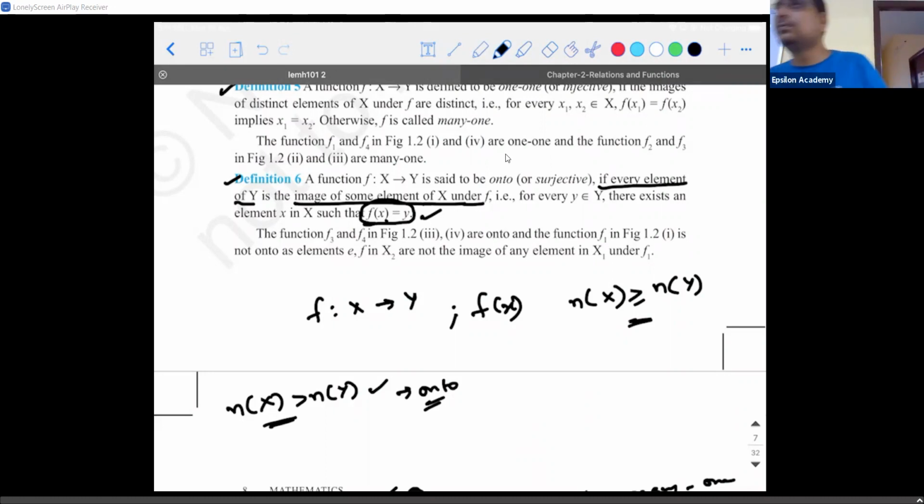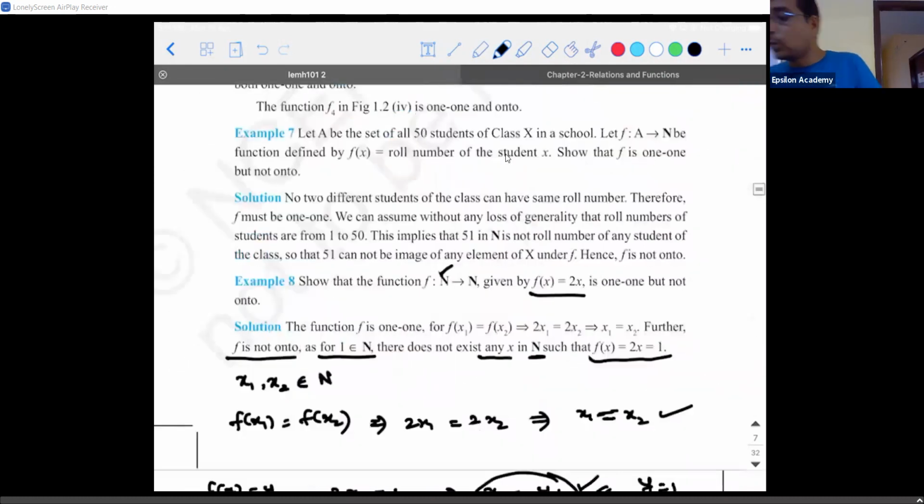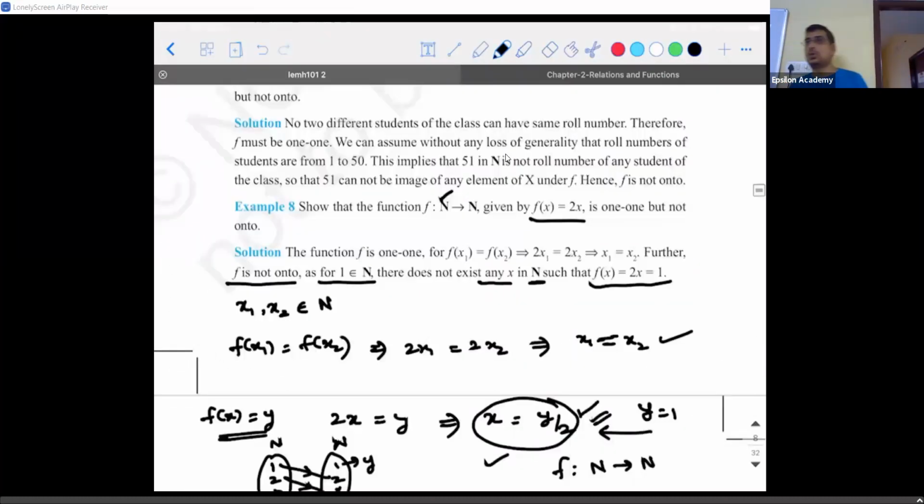Shall I proceed? Last class I told you what a bijective function is. A function which satisfies both one-to-one and onto is said to be a bijective function. So the bijective function is very important to define a parameter called the inverse of a function.